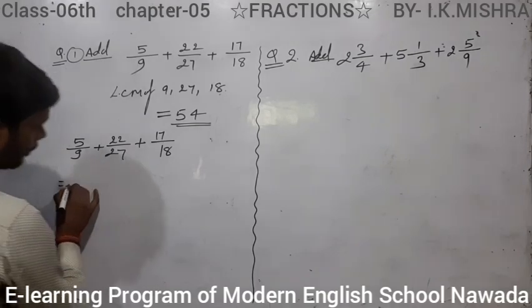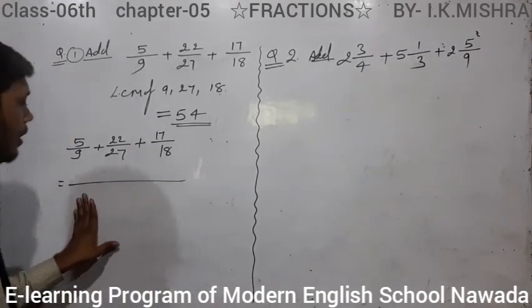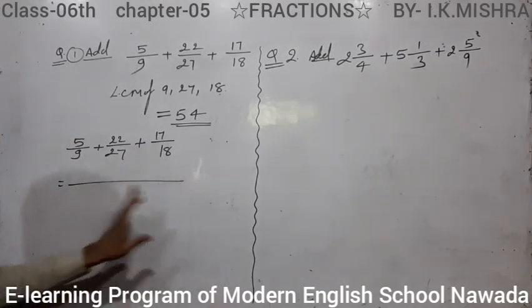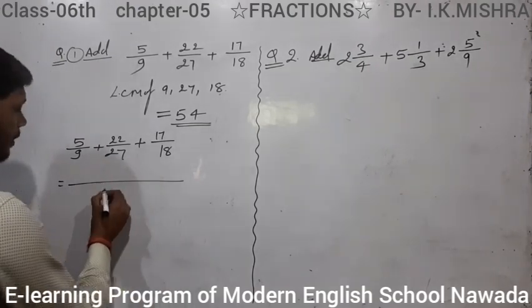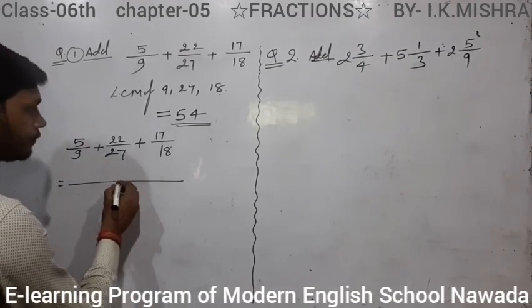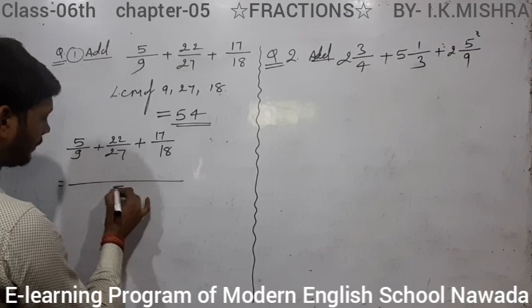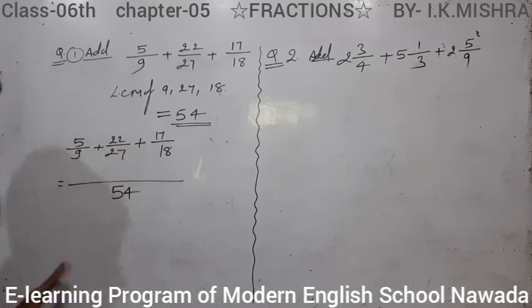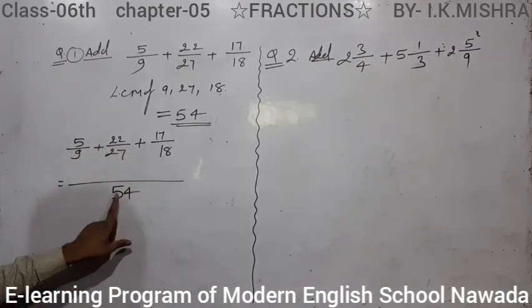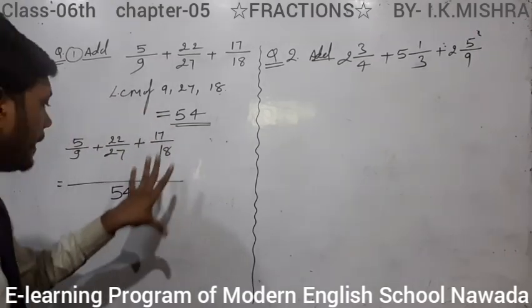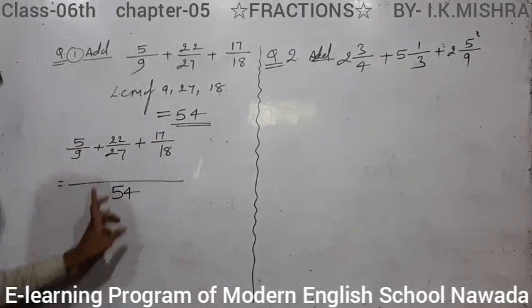After that, draw a line and here write LCM 54. After that students, 54 is written in the denominator for all of these, and divide 54